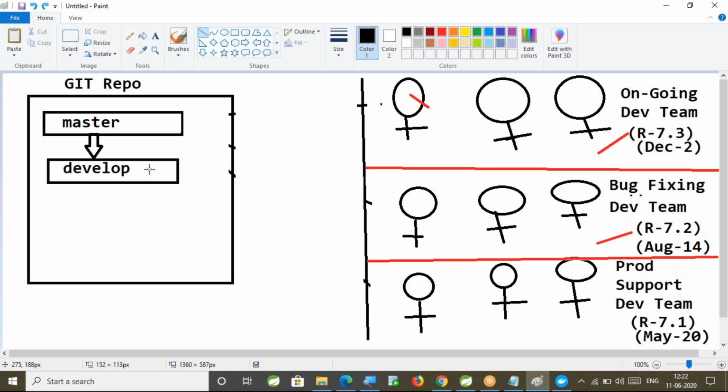But without maintaining this develop branch, if you directly modify the code in the master branch, what will happen? After 15 days, you need to remove all the code you have done for those 15 days. That is again a maintenance activity. It is very difficult to understand what code we have modified in the last 15 days. So that's why, whenever you are going to work on any new functionality, we create a branch for that. How to create a branch?